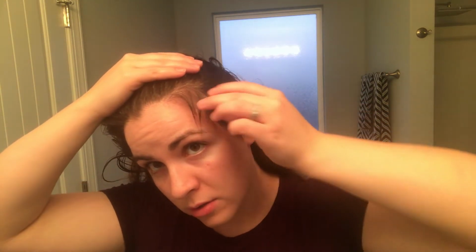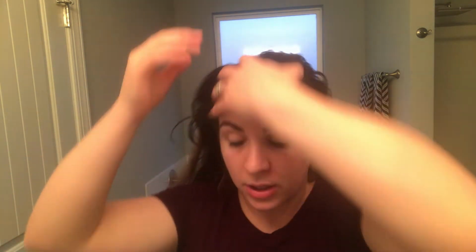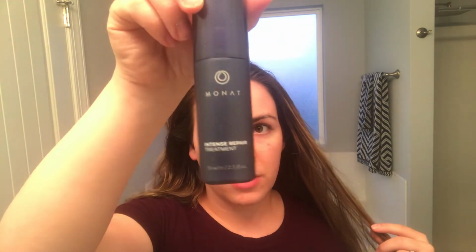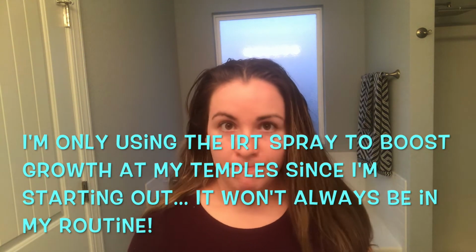I feel like this side struggled more. So I did have a lot of postpartum hair loss, and it's definitely a struggle for me. And I don't do the oil treatments as much as I should. This is basically just what I like: shampoo, conditioner, and all of that. I do use the IRT spray, so the intensive repair treatment spray. I do use that, I want to say